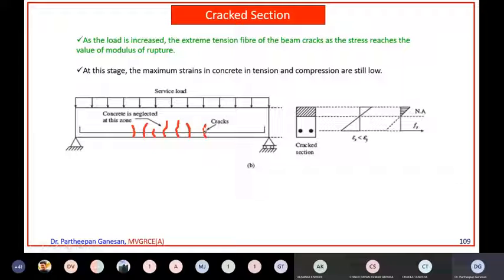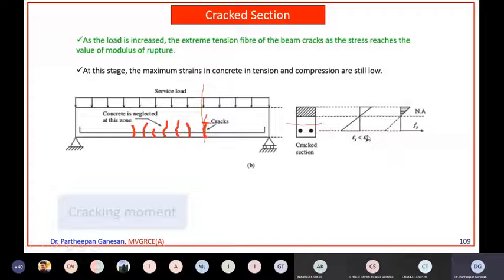The concrete will not be there to take the full section. For example, if you take a section here, you have only this much concrete available, because below this it is already cracked. So only this much concrete is available to take the external force, and when you load further, the crack keeps on extending. That is why you see the yield strength is less. If you increase the load only slightly more, a crack develops, and at that time the steel is not fully yielded.